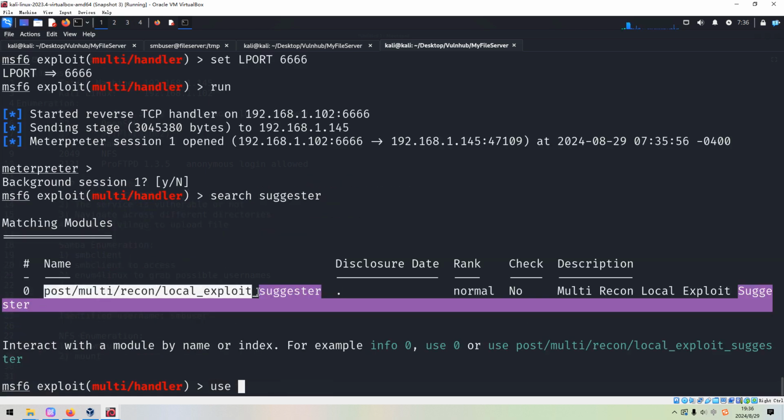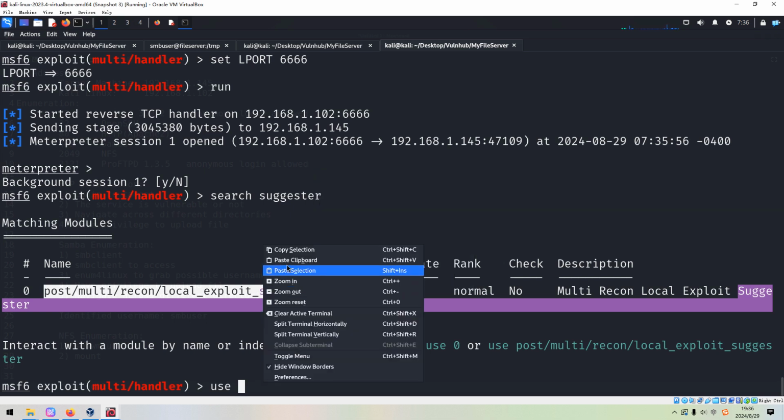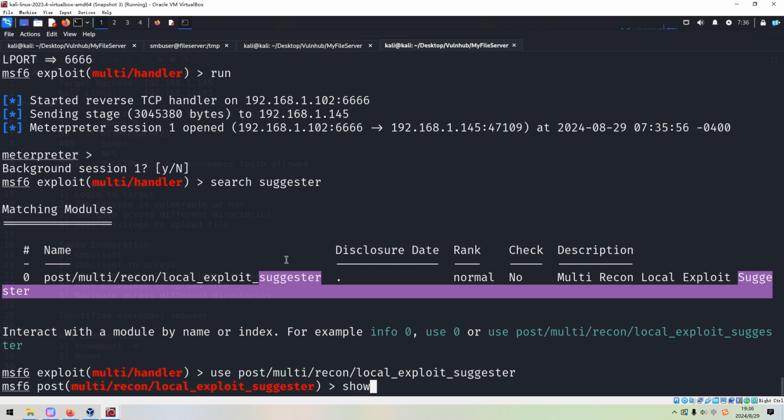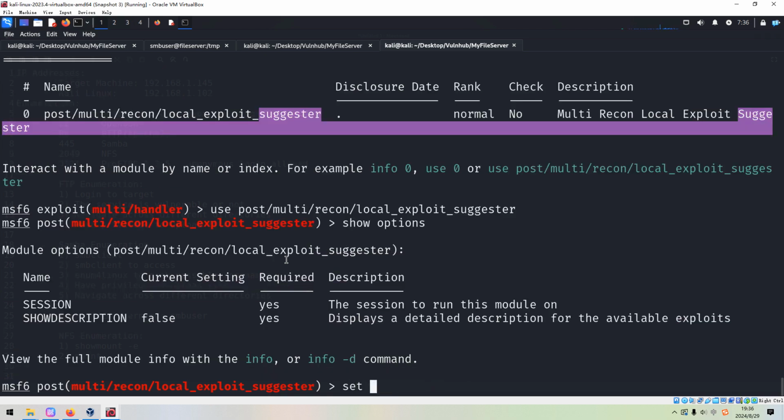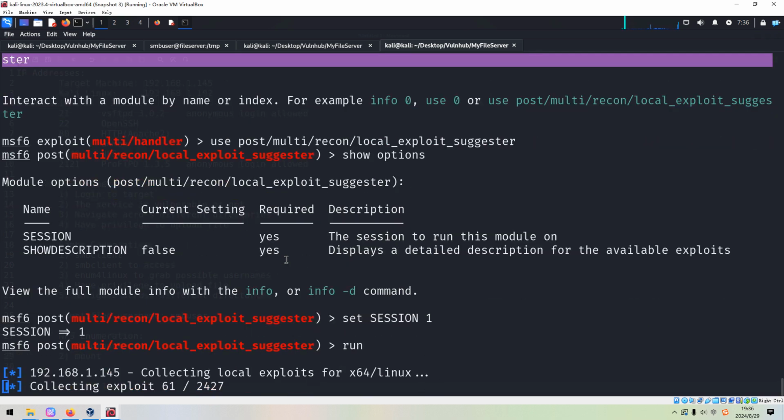We can copy the relative path of this module, local exploit suggester, and then we can show options. The first option we need to configure is the session number, and then we can run it. This module is trying to collect local exploits for the target, and after that, it will do some checks.